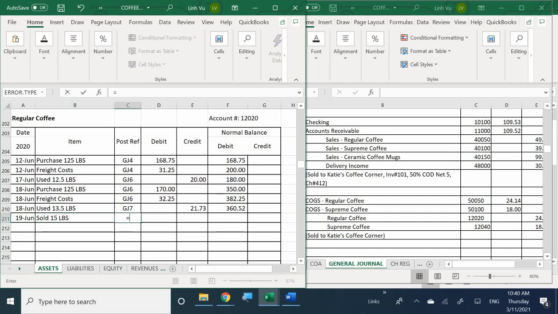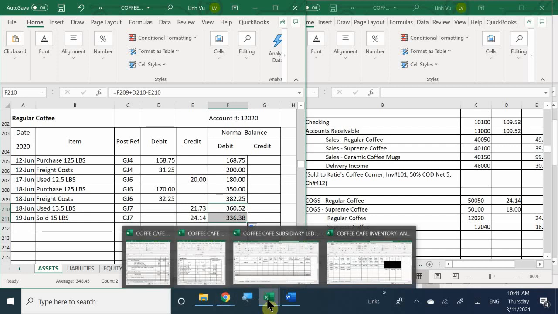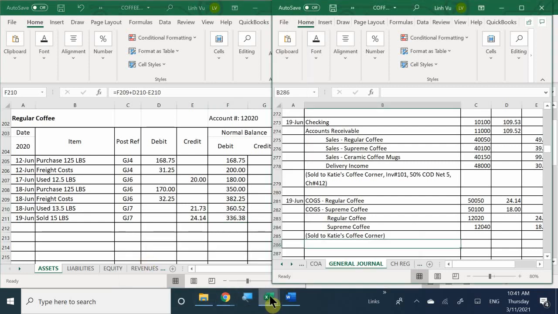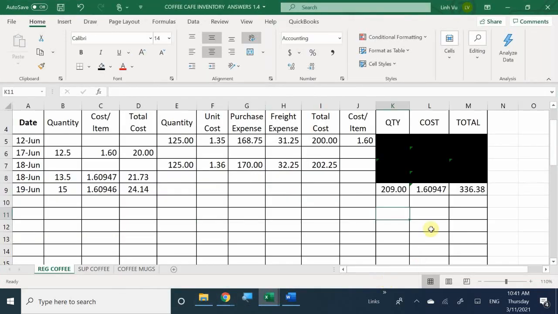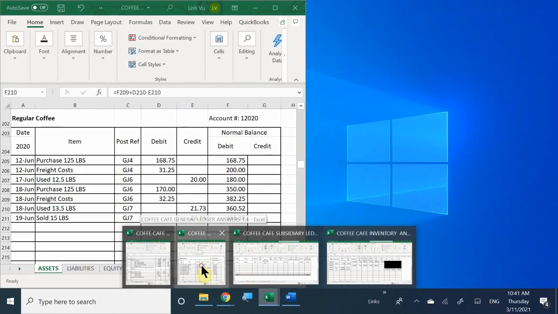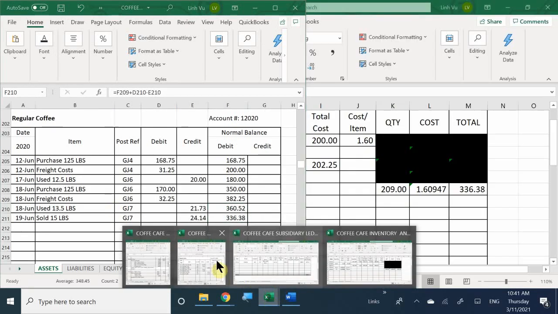Okay. General journal number 7. And we sold a total of 24.14. So what is now my ending balance in my regular coffee? 236.38. And does that match your inventory worksheet? Yes. Yes. 336.38 is exactly what we have in our inventory worksheet. So last but not least, we're going to go ahead and update